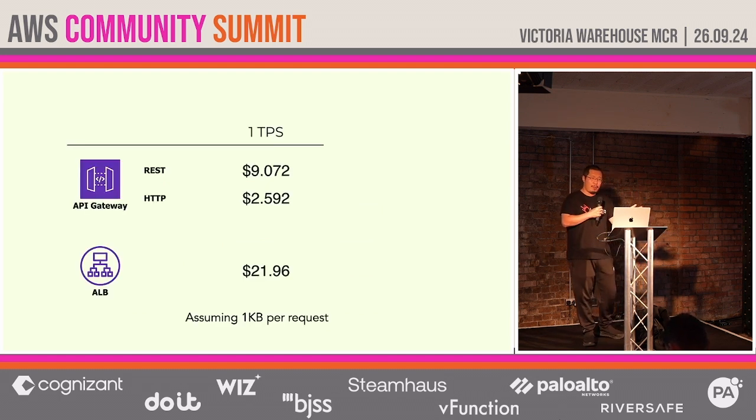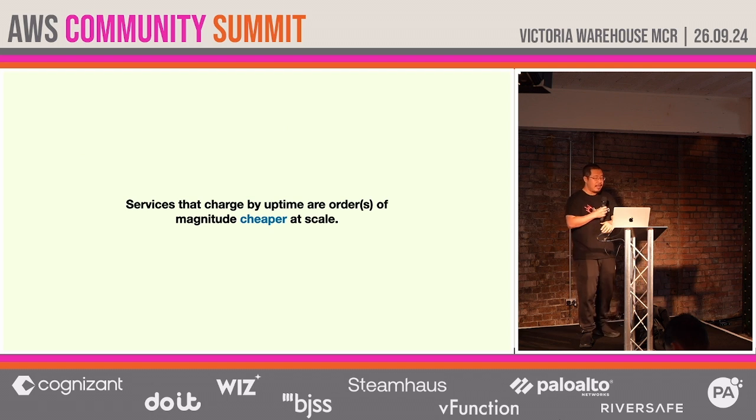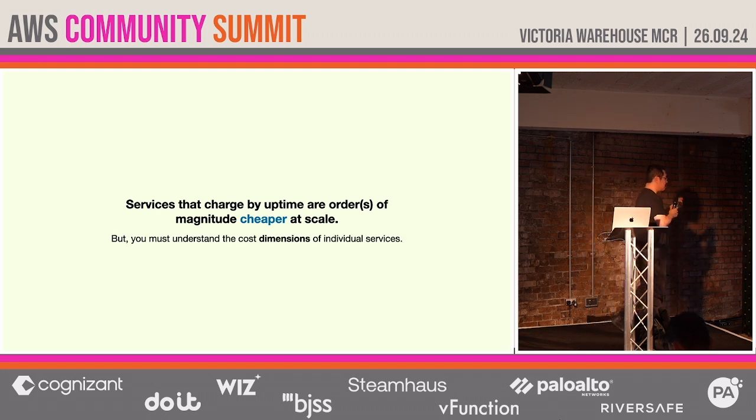Same goes for API Gateway versus ALB. ALB's cost calculation is kind of complicated, and at low throughput it's also more expensive because of the uptime element. But at higher throughput, say 1,000 requests per second, suddenly there's just no contest. ALB is hands down much, much more cost efficient. So a good rule of thumb is that services that charge you based on uptime are going to be way more cost efficient at scale. The good news is that most of you are not running at scale, so you don't have to worry about this. But you still have to think about the specific cost dimensions for each service you want to use,